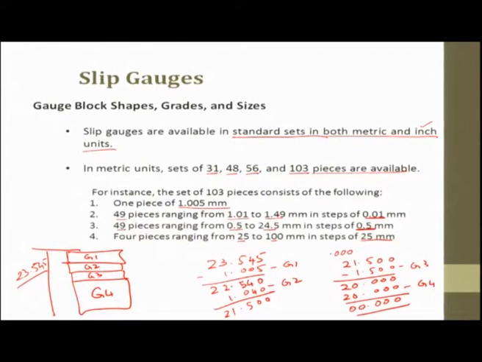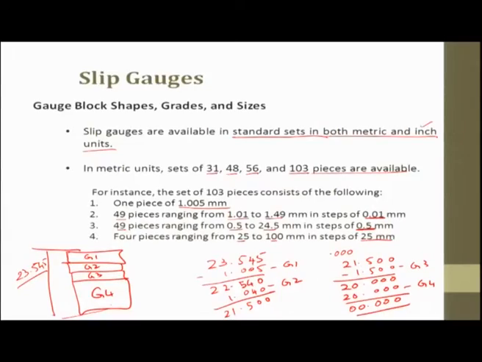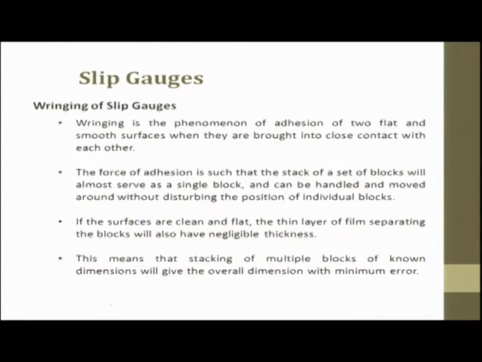Now, with this height, what I can do is, I can take it to a screw gauge, I can take it to a vernier, I can take it to a height gauge, and find out what is that height. Now, I have converted an end measurement into a linear measurement or another end measurement. So that now I make sure whatever I measure in this instrument is perfect. And this is how the calculation is done when we try to choose the gauges.